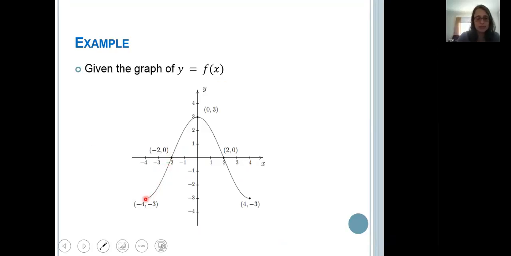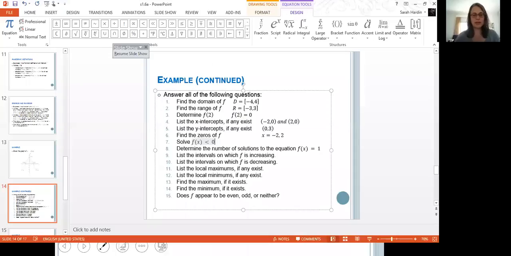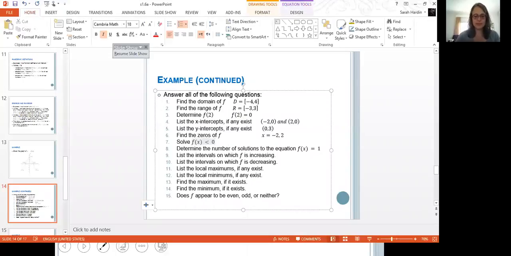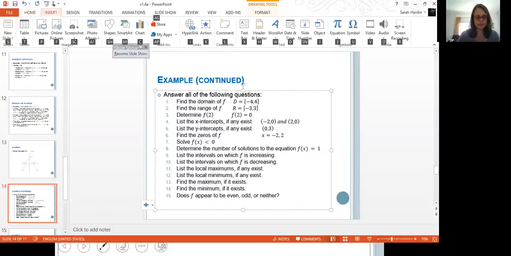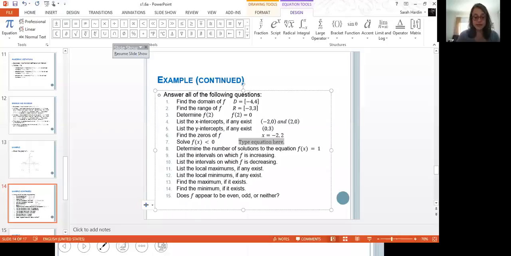Well, here between x equals -4 and -2, right? And here between x is 2 and x is 4. So the way we write that is in interval notation,